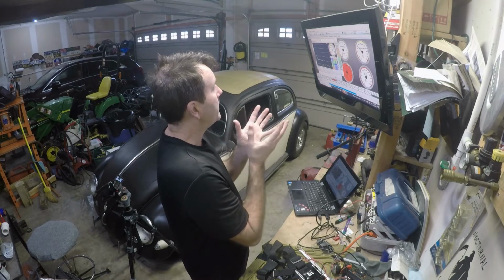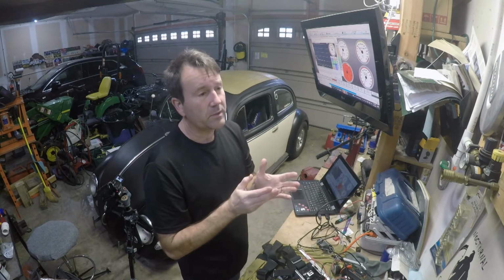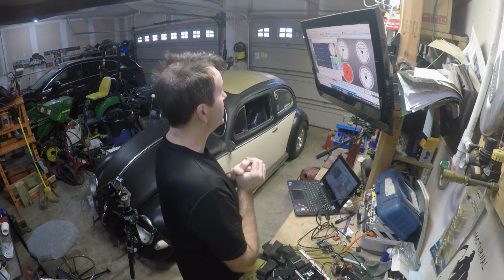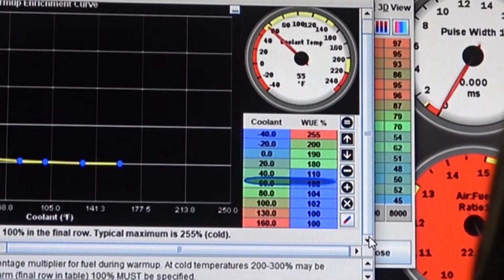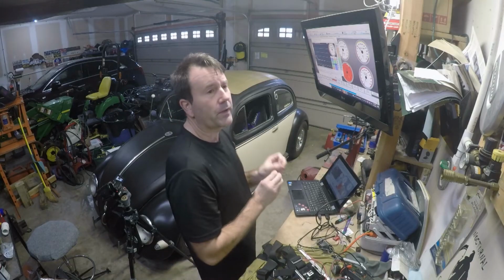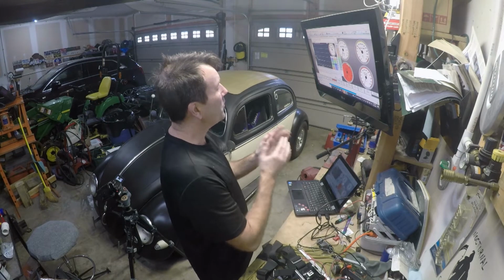And, you know, I really can't tell you, probably every engine's going to be different, but I can't really tell you where the proper operating temperature of your engine is going to be. But it looks like I've kind of got it right around 130 degrees is apparently where I consider it fully warmed up. Because in this warm-up enrichment, and I should say this for another video, but this is another thing. Don't do what Clinton does. When you're at your warm-up